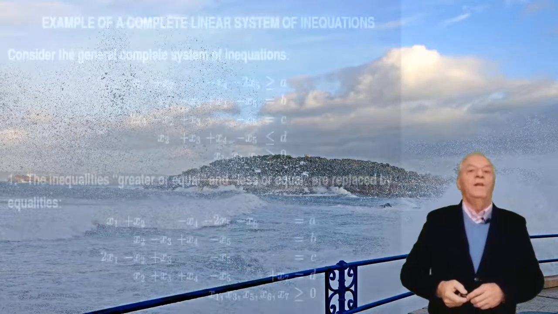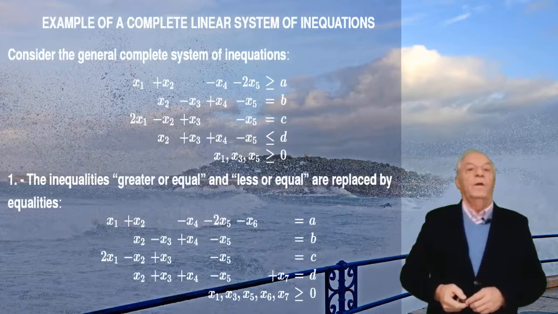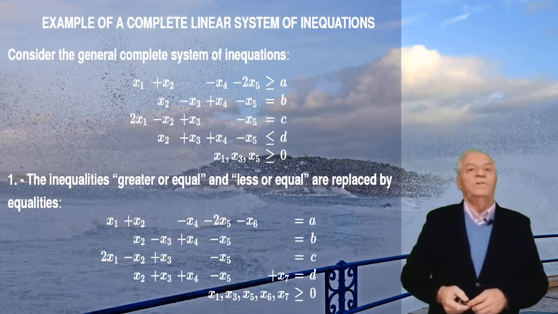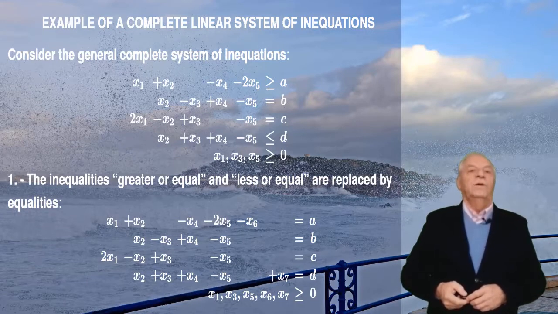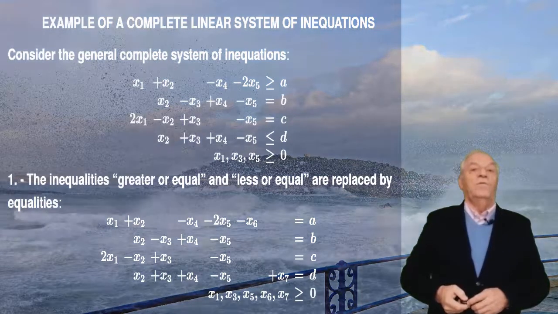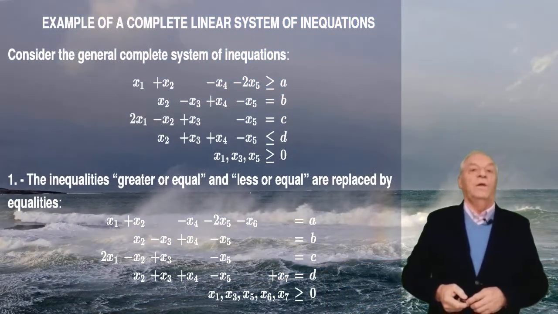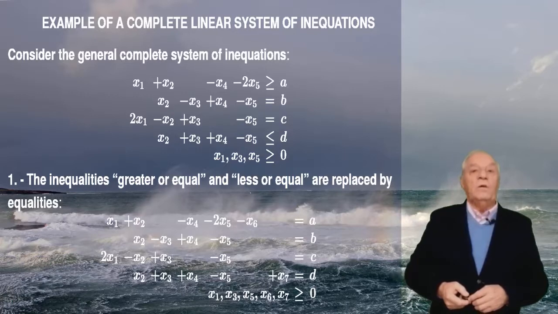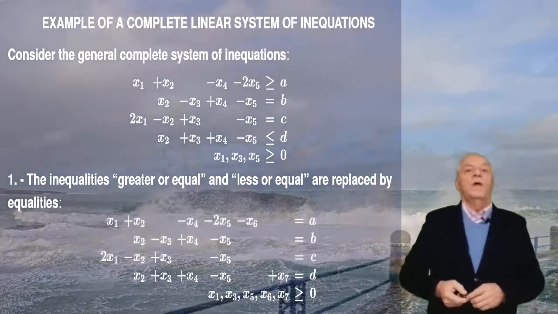Suppose that we have the linear system that you have there in the figure, where the independent terms are symbolic, that is, we use letters A, B, C, and D. Note that there are inequations with greater than or equal to relations, inequations having less than or equal to relations, and equations that use equality relations. Those that have equal relations we do not care about, because the required system permits only equalities, so they meet this constraint. But when we have a greater than or equal or less than or equal relation, we need to change them. So what can we do?